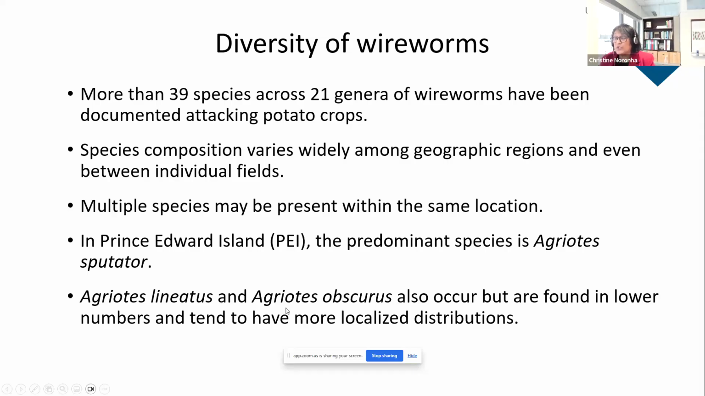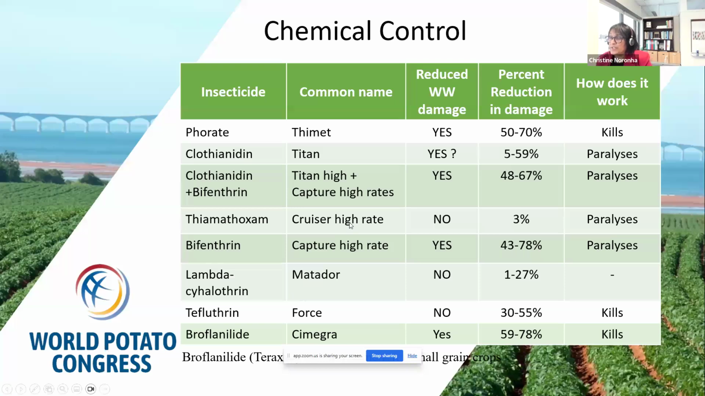Agriotis lineatus and obscurus are also present, but they are more localized, and I have seen them moving a little bit, but the numbers are a little bit lower when compared to Agriotis putata, but they are also causing damage to the crops here. So when we started this study, we started looking at wireworms because